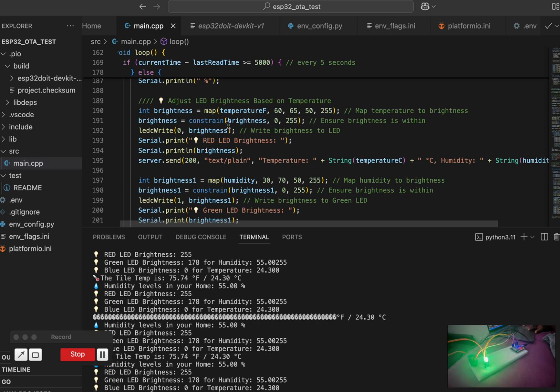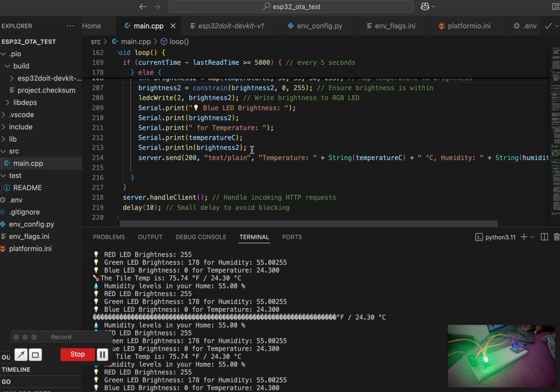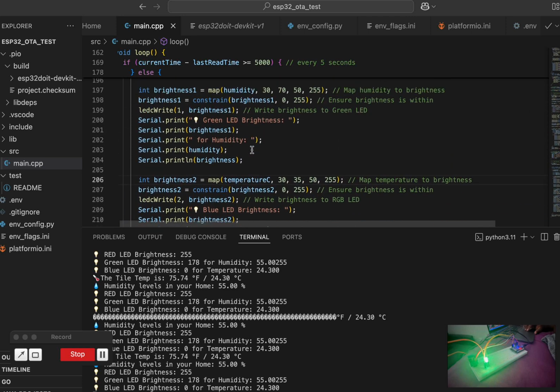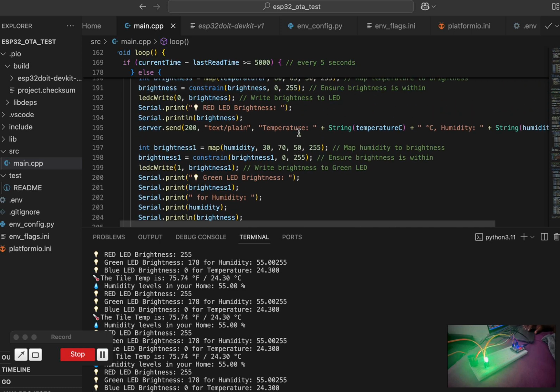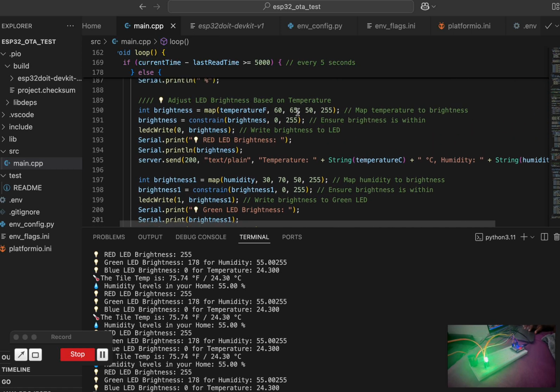So the blue got turned off because with blue we have a temperature that's higher than what's registered in Celsius, which is our Celsius temperature of 24. But here, this still stands within the range. So it only shines brighter the higher the temperature is here. So if we wanted to have it off, we could have